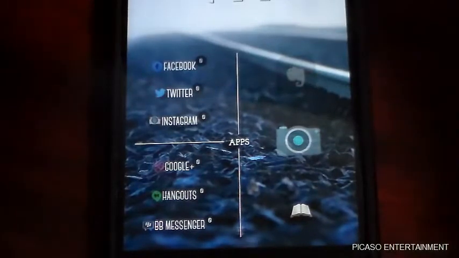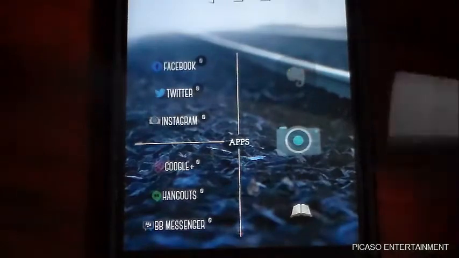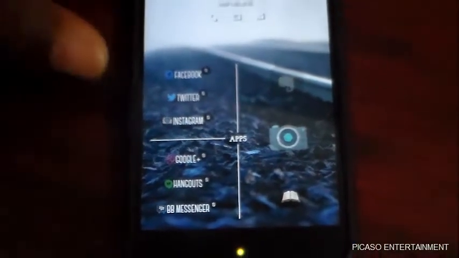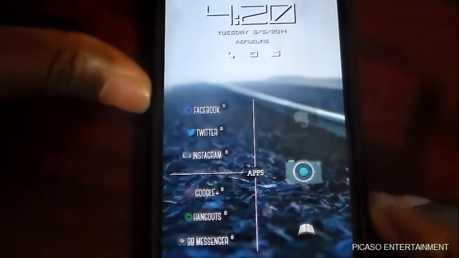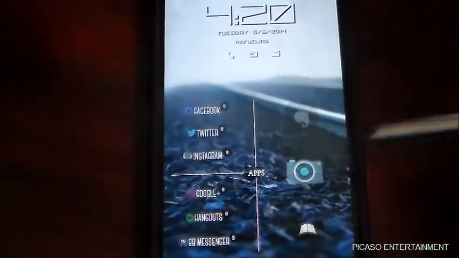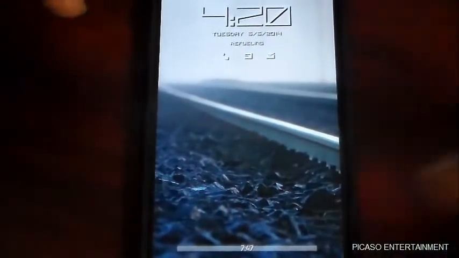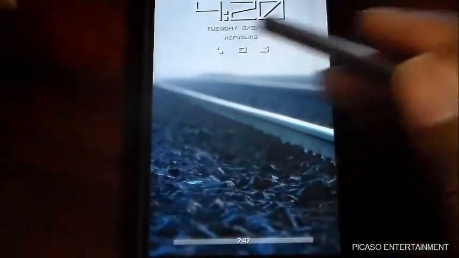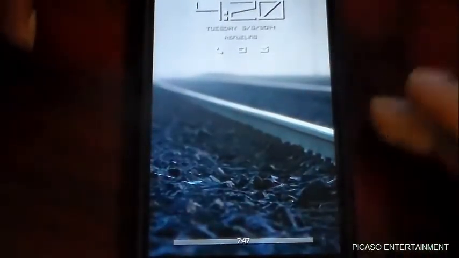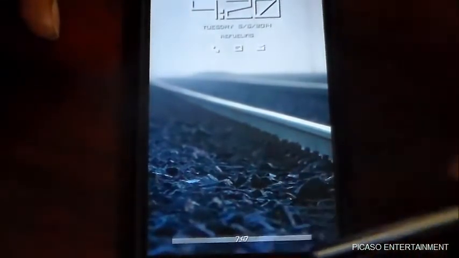Now that's a little bit more complicated. That's not really the main focus of the video, just letting you guys know about the theme and basically Zooper, because this is a Zooper Widget Pro video. Okay, now so that's page 1, very simple, and then page 2, another very simple page. Okay, so at the top, same thing, clock, time, date, phone, all of that, that's the same jazz. But now we have a little bar at the bottom